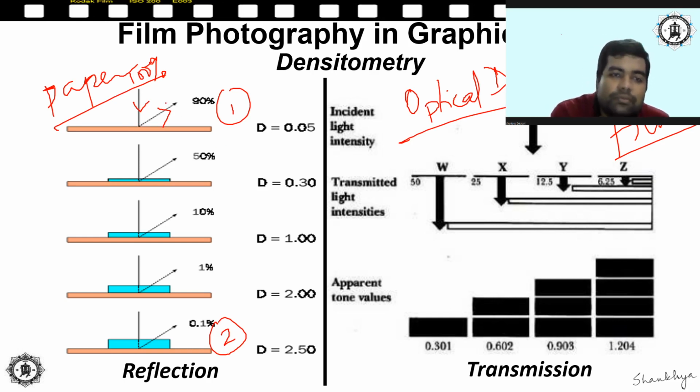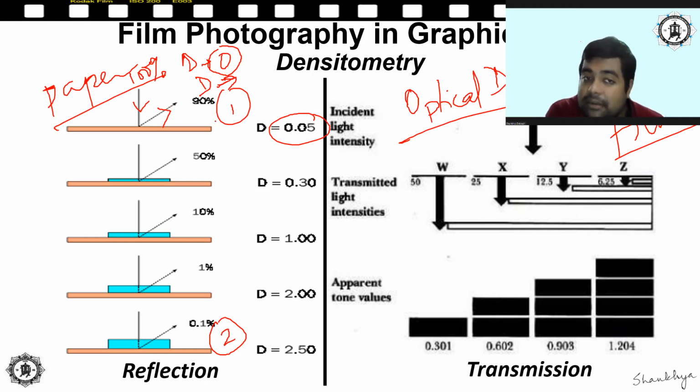So if we assume that 100% of incident light is, let us say, a density of 0, then when we are getting 90% of the light, we can get some density reading, but that reading will be very low, maybe only 0.05. For 100% of the light getting reflected back to us, we consider the density to be 0, because when 100% of the incident light is reflected back, there is no ink film. So naturally, when 90% of the light is reflecting back, the density is very low, maybe 0.05.